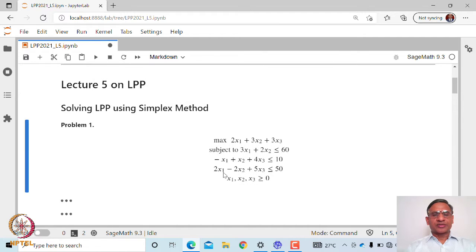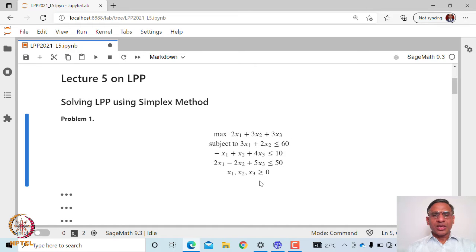So let us start with a problem which is a maximization type subjected to these constraints. So the problem is to maximize 2x1 plus 3x2 plus 3x3 subject to 3x1 plus 2x2 less than equal to 60, minus x1 plus x2 plus 4x3 less than equal to 10, 2x1 minus 2x2 plus 5x3 less than equal to 50, and x1, x2, x3 all are non-negative